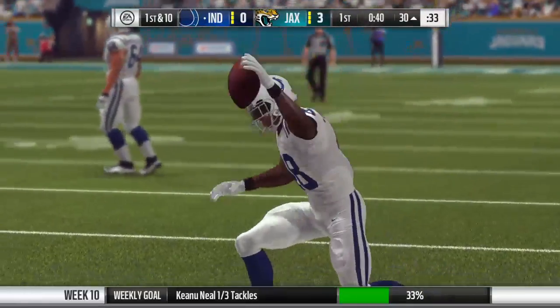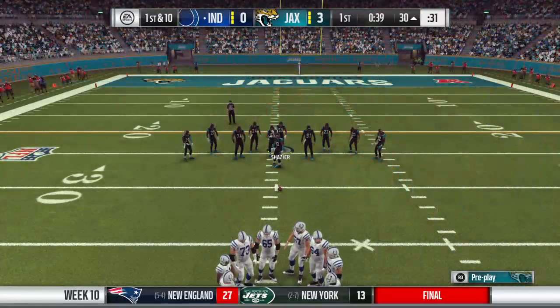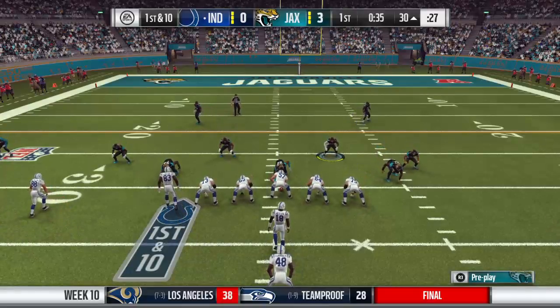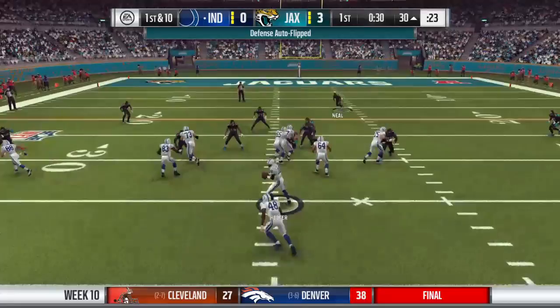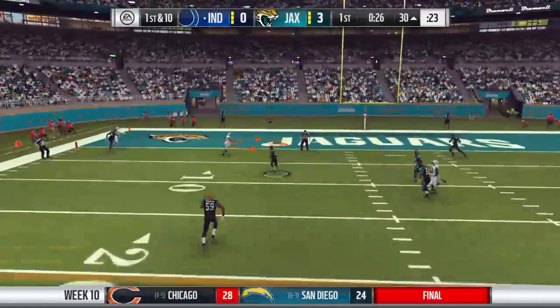That looked like a two-deep coverage, which we call cover two. And what that really means is you have corners, what we call rolled up in about a 5-yard area on the outside receivers. Then your safeties are back closer to the hash marks near the middle of the field, somewhere around 10 to 12 yards back. So if you can break through the first level, you've got a chance to run before you...